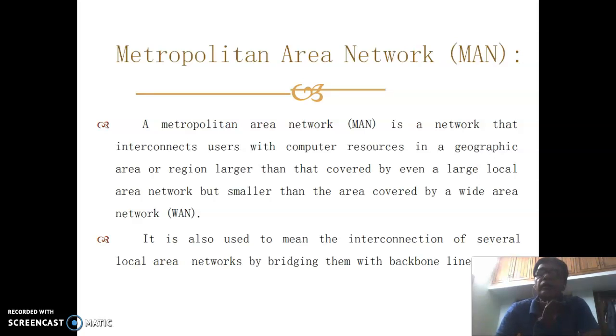That means the metropolitan area network is in between your local area network and your wide area network. It can be useful for a metropolitan city, or you can use it for a small town also. It is also used to mean the interconnection of several local area networks by bridging them with backbone lines.